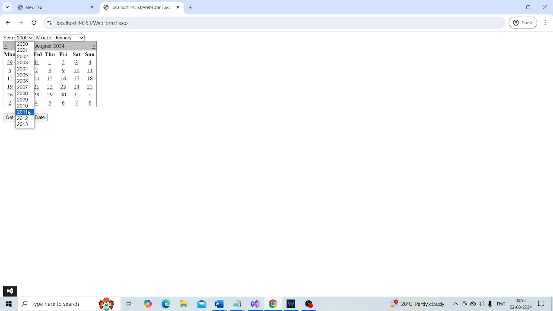As soon as I select the year, look at that. The calendar changes to August 2011, not January 2011, because I have selected January here. So make it August. We reached August 2011.